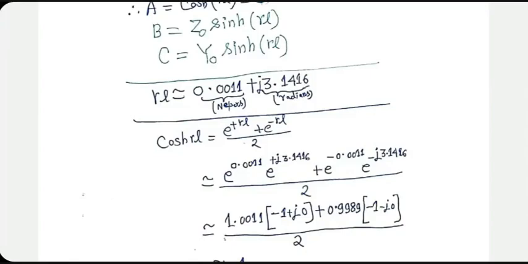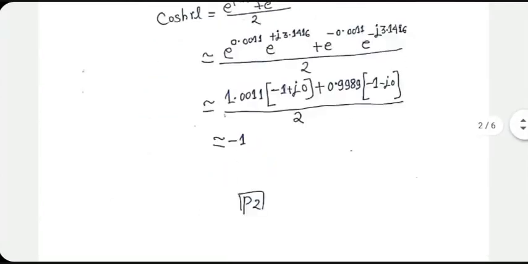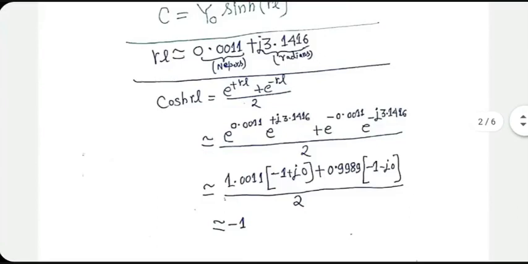You can now do the calculation on the calculator. E to the power 0.0011 gives you 1.0011. E to the power j pi gives you almost minus 1. E to the power minus 0.0011 gives you 0.9989. E to the power minus j pi, I'm being a little approximate, I know, gives you minus 1 minus j0. So this is how you do the calculation. You do the real part separately, imaginary part separately. Basically, e to the power j of something means cos of that plus j sine of that. So cos and sine can be done on the calculator. That's what I have done.